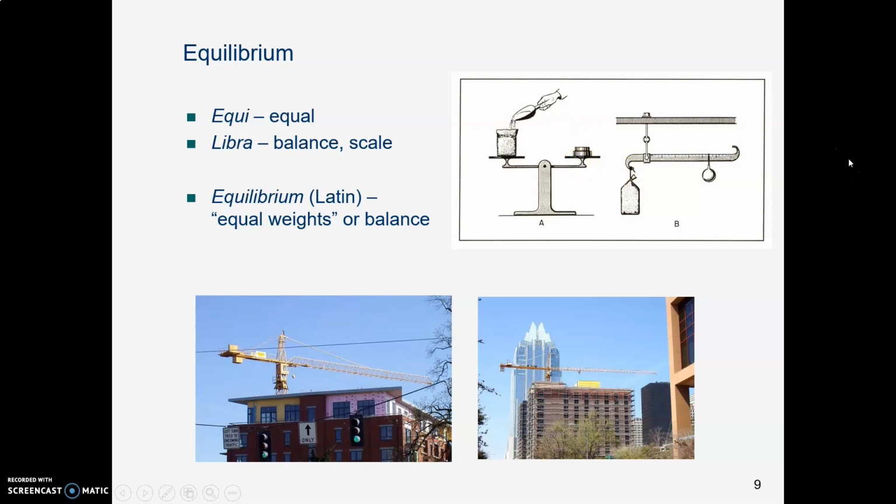And you see this kind of equal balancing in tower cranes that are used in construction. Here's one over by Olive, what is that street? 13th and Olive. So the crane will be lifting a heavy load on one end, and to make an equal and opposite balance, they will put a big chunk of concrete or something else that's real heavy on the other end. And notice the different distances, the different lengths of moment arms, but they are equal and opposite, and the whole thing stays in balance.